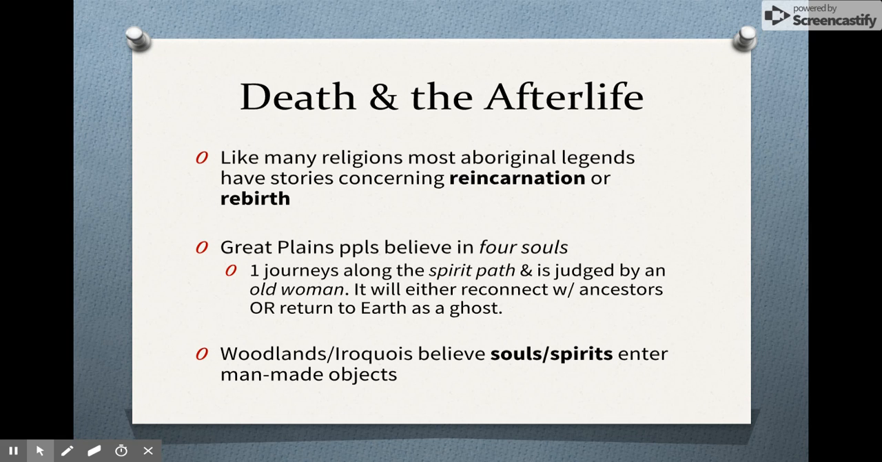In terms of Aboriginal belief of death and the afterlife, like many religions, most Aboriginal legends have stories concerning reincarnation or rebirth. The Great Plains peoples believe in four souls. So one journeys along the spirit path and is judged by an old woman. It will either reconnect with ancestors or return to Earth as a ghost. And here you have a bit of this idea of rebirth or reincarnation. The Woodlands Iroquois believe